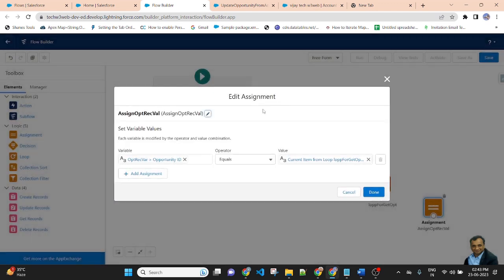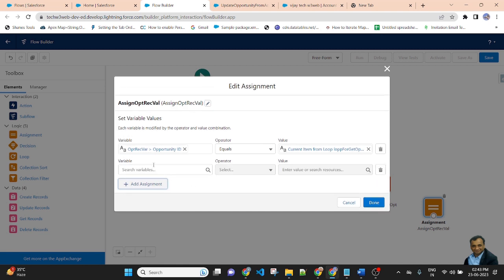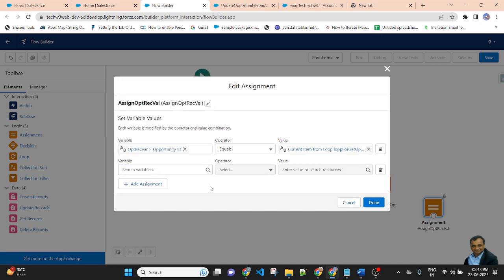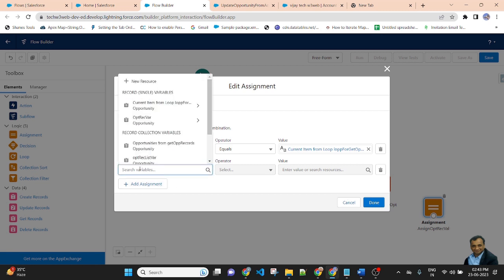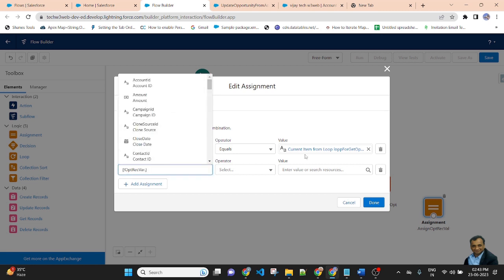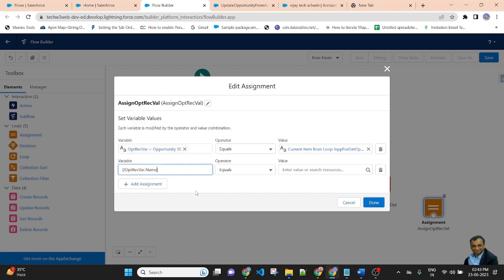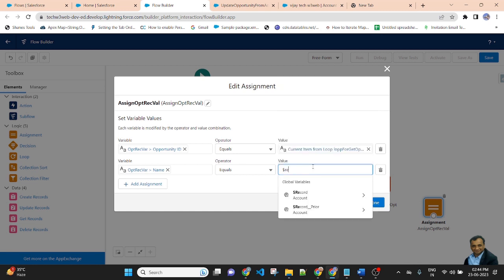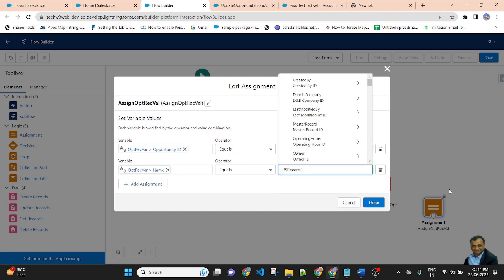I will assign the opportunity name. Because I am updating the account name into the opportunity name, here I will update the opportunity record dot name equal to record dot name.